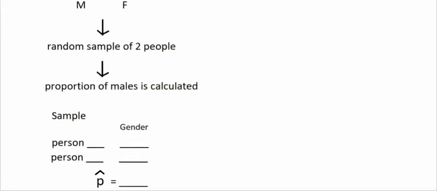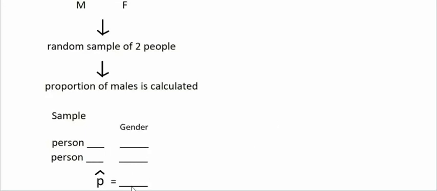So to do this, pick whatever 2 people you want to pick as your sample. Could be 1, 2, 1, 3, anything, and fill in the ID numbers, fill in the genders of your 2 people. So it could be MM, it could be MF, it could be FF,